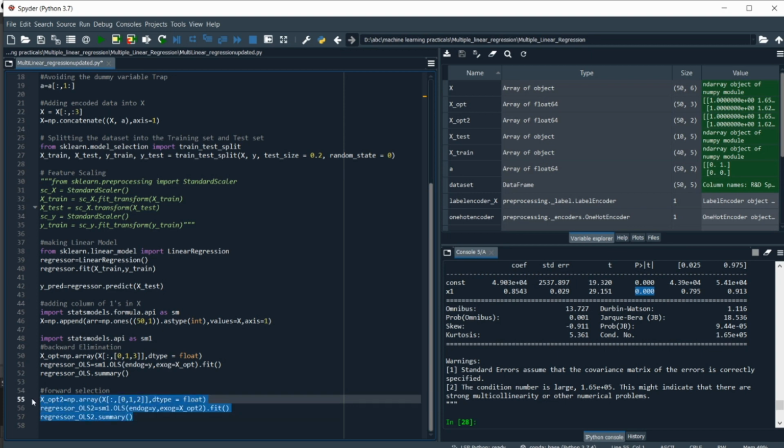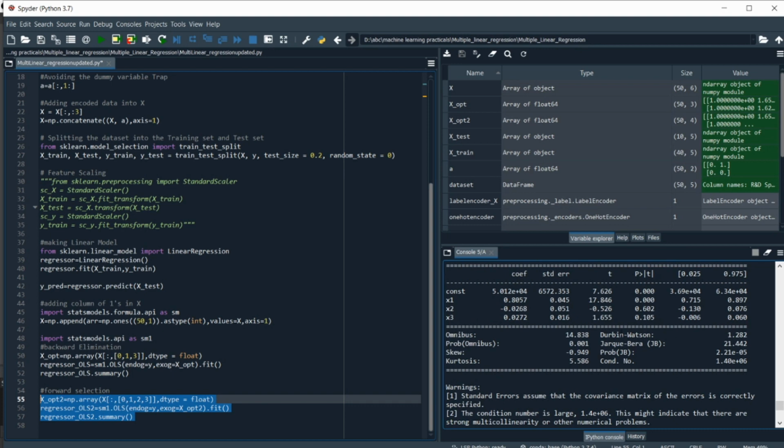So after executing this line of code, we can see it's going to return 0.289. So comparing it to the threshold value 0.5, it's okay. So we are going to let it stay right now. Now we are going to add another variable, let's say column 3. Now let's execute this line of code.